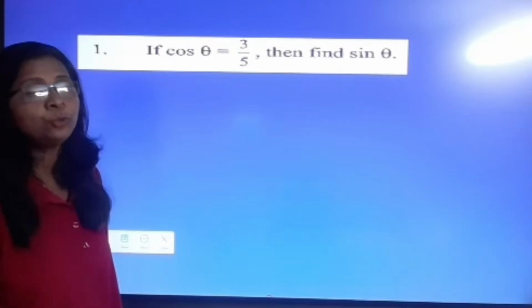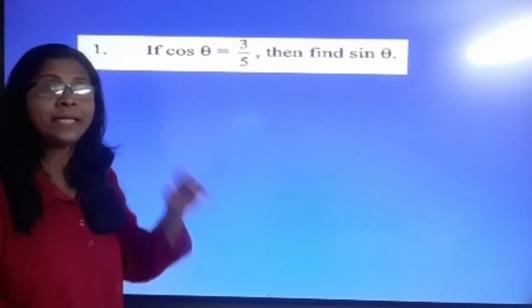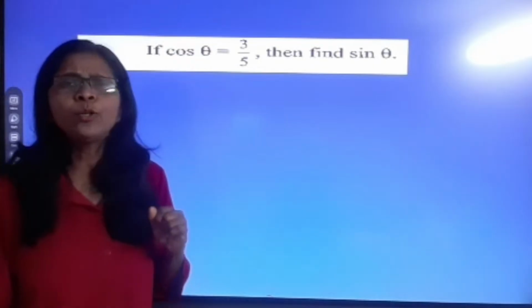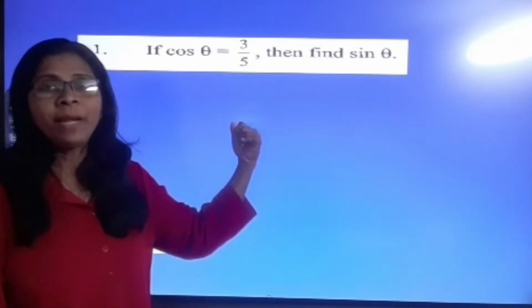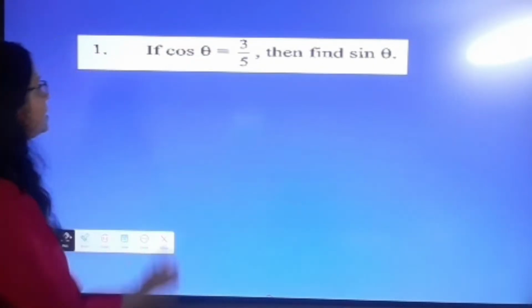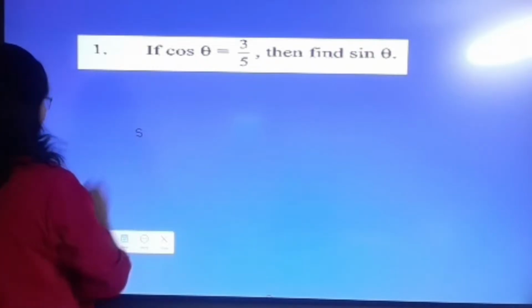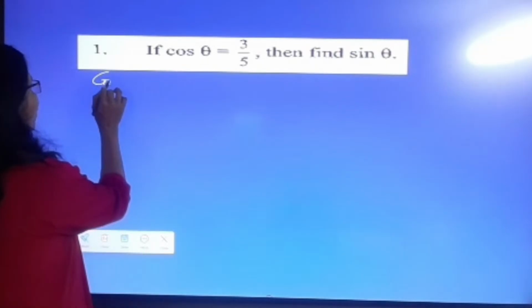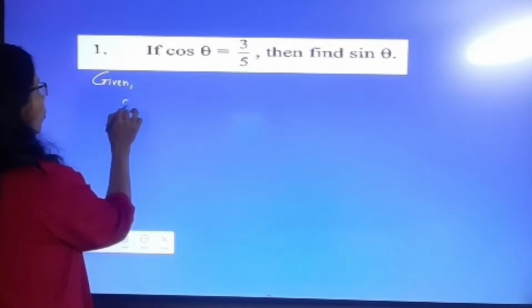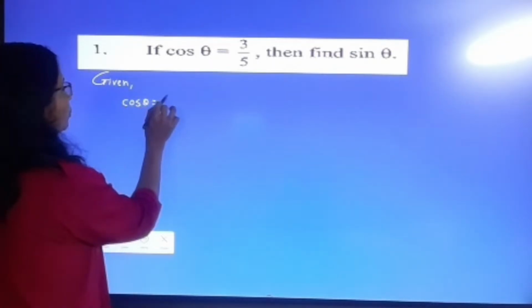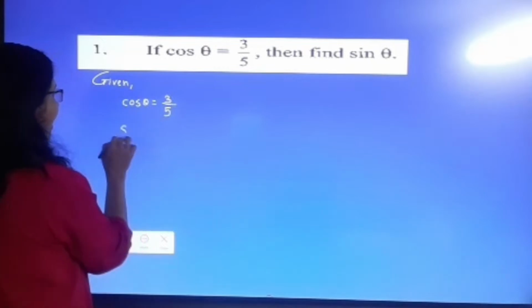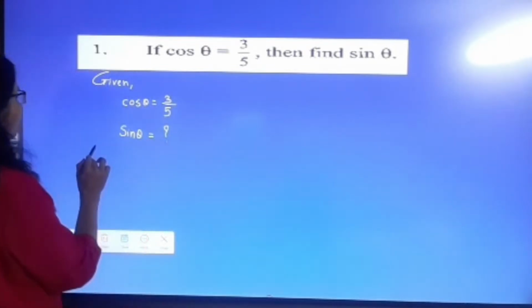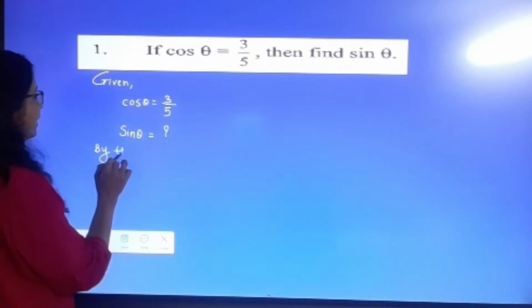Okay, and you should be aware about the trigonometry identities; the first identity is applied here, student. First I write down the given: cos theta is equal to 3 upon 5 and sin theta is equal to question mark. So now here by the first trigonometry identity,